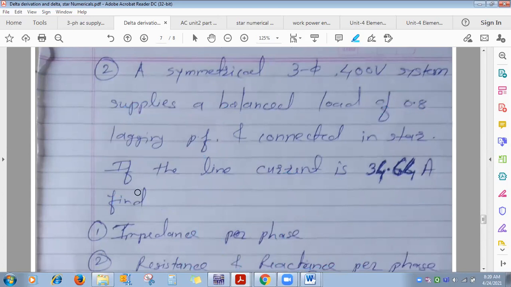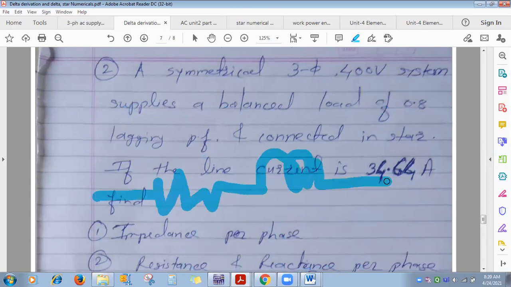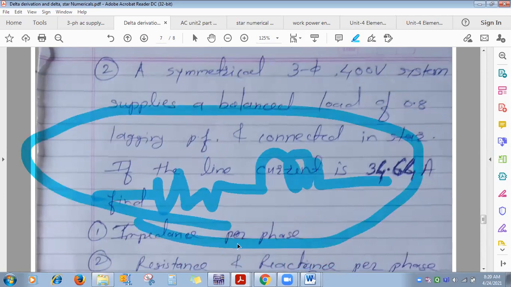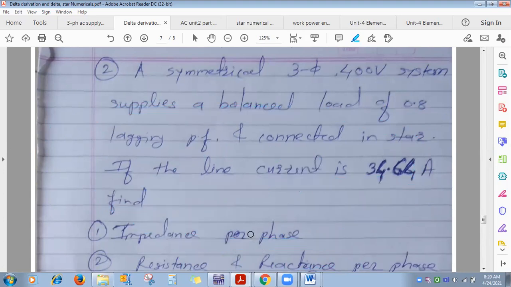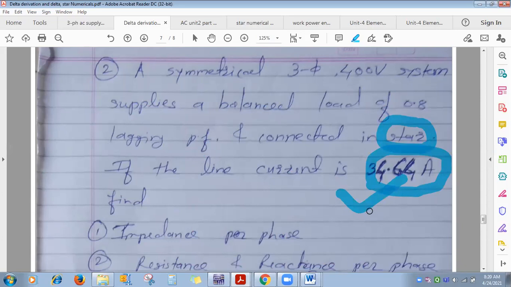Okay. So series RL like this is the per phase impedance. And it's a star, means like this 3 coils are connected in star. Okay, and star connection we have seen how to connect in star. If the line current is this, it's a star connected load. Line current is given. So how much will be the phase current? Same. Okay, so you got phase current, isn't it?